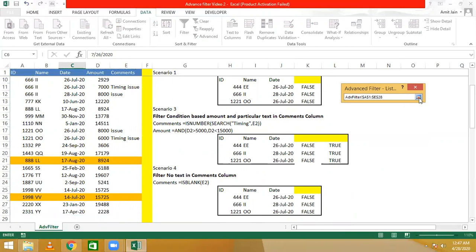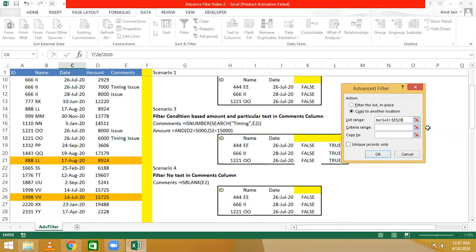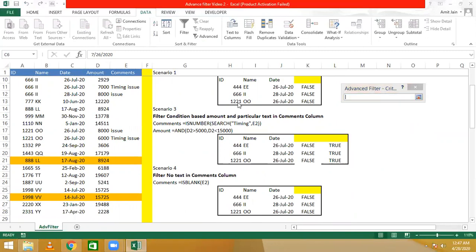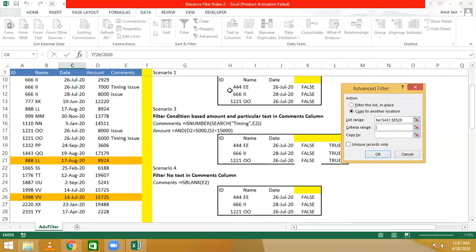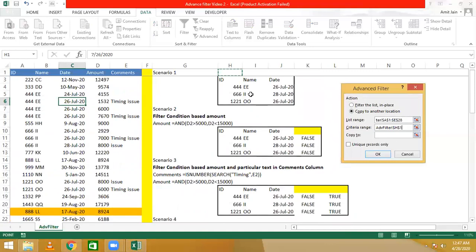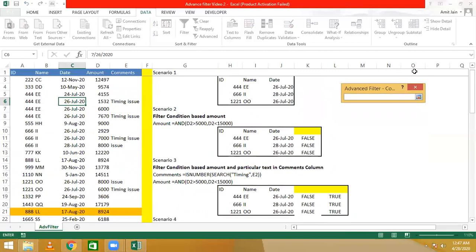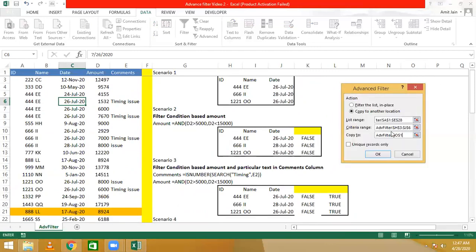And we will go back again to criteria range. We want this as the criteria range. Copy to, we want to copy, let's say here. Okay, unique records only, yes.